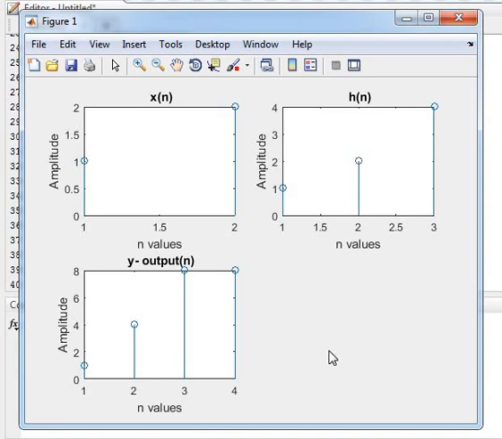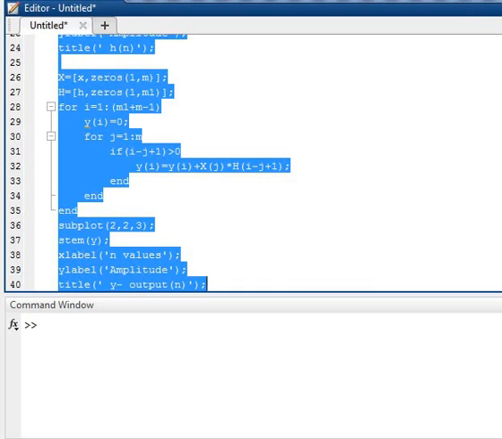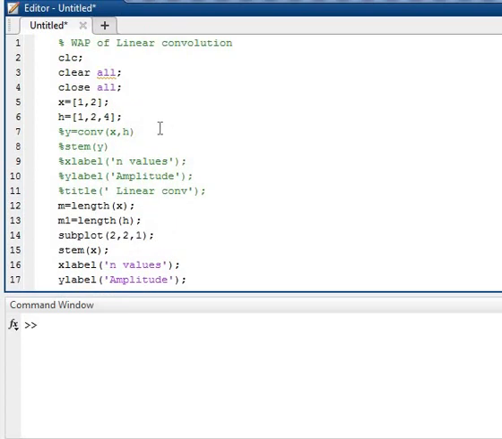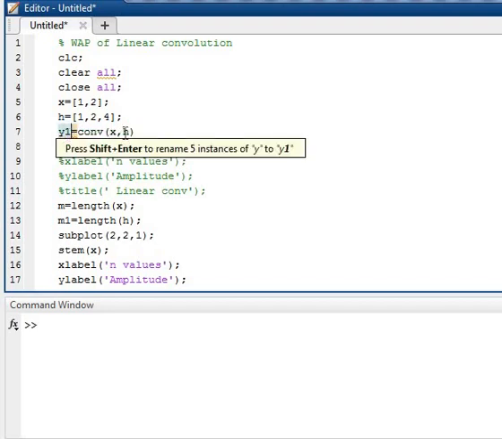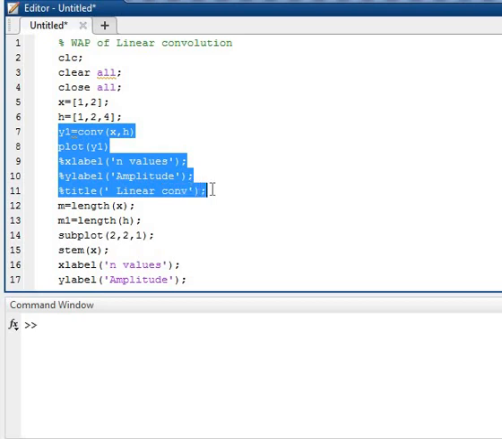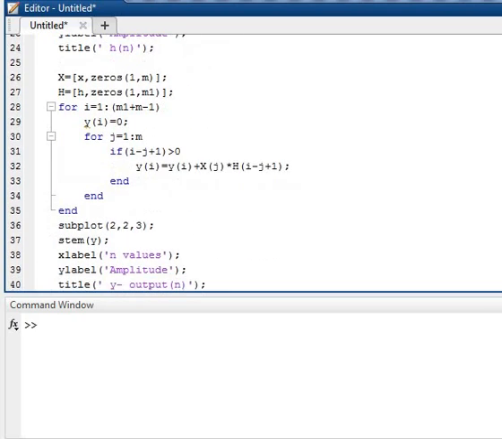If you want it in a continuous form, then what do I do? I have a code by the help of this command, y1. I implement it. I am copying this part and pasting it at the end.